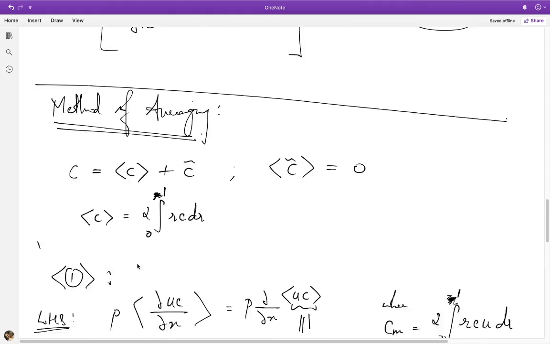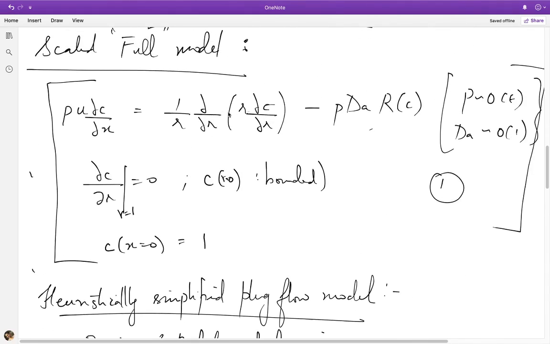So after averaging out, the right hand side involves applying the averaging on both these terms. The first term, as we saw in the previous lecture, goes to 0, right? Because if I take the integral of r multiplying this term, the r will cancel out with this denominator r. Applying the integral takes off this derivative, and instead I have to evaluate r dc dr at the two limits 0 and 1. Now this term at r equal to 0 is 0 because of this r factor, and at r equal to 1 is 0 because of the boundary condition on the dc by dr term. So this entire diffusion term gets knocked off by the averaging operator, and I'm just left with the average of